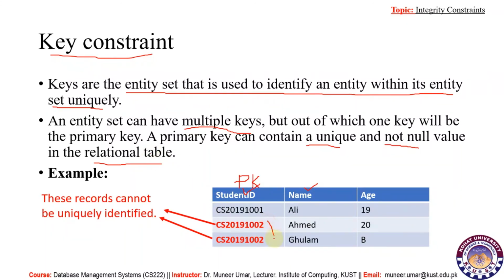Now if we look into this table, here the primary key value is repeated. 1002 is typed twice. This might be a typo mistake. So if we search for this student, we will get two records, which is incorrect. Each individual record must be identified by a unique primary key value. So according to this rule, the primary key cannot be repeated. We can also say one additional thing, that it must not be null.